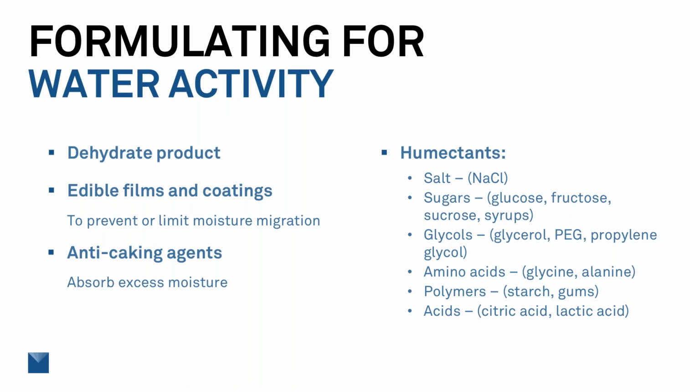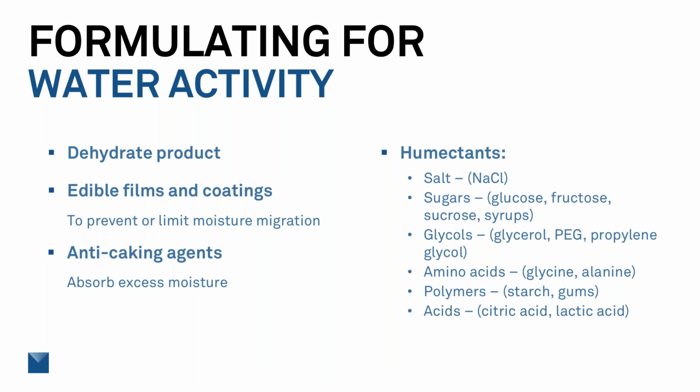And actually one of the most useful ways to lower water activity is adding a humectant. These can be added singularly or in groups, so they can have additive properties. Salt is a very effective humectant, and humectant means that it's going to lower the water activity, but also tends to increase the moisture content that a product can hold, because we're binding the water so that it can't be used anywhere else. We're physically, chemically binding it. It lowers the water activity, but it also increases the overall moisture in your product.